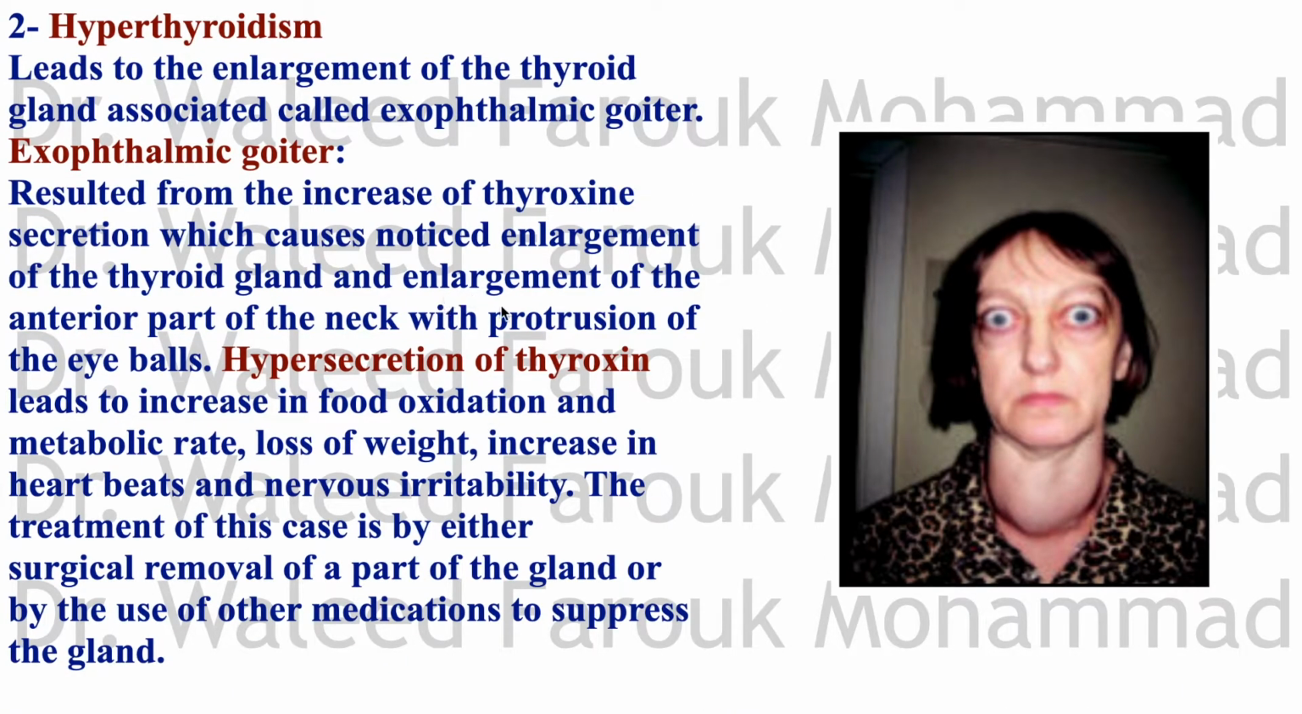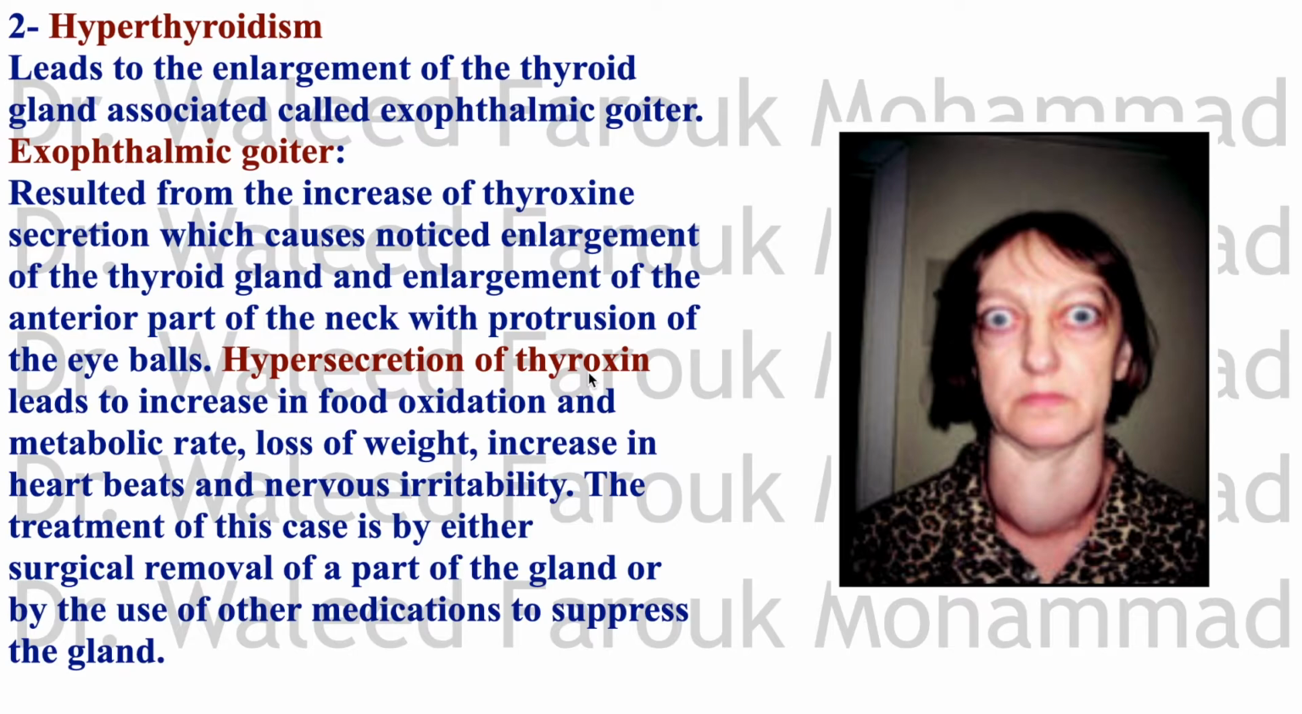In hyperthyroidism, on the other hand, hypersecretion of the thyroid gland, of the thyroxine, it leads to the enlargement of the gland also, and associated with a condition called exophthalmic goiter. Exophthalmic, العين بتجحظ بيبقى فيها جحوظ لبره. شايفين ازاي طالعه لبره؟